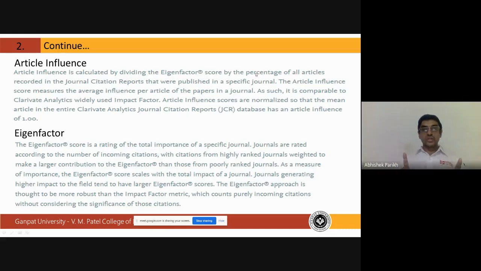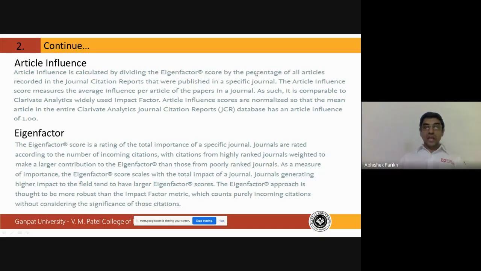Now, the weightage of Journal of Finance, Journal of Asset Management, Journal of Portfolio Management, and Indian Journal of Finance is different. Based on that, you will get the calculated score, and that should be divided by the number of articles reported in the Journal Citation Reports for that particular year for the Indian Journal of Finance. Hence,